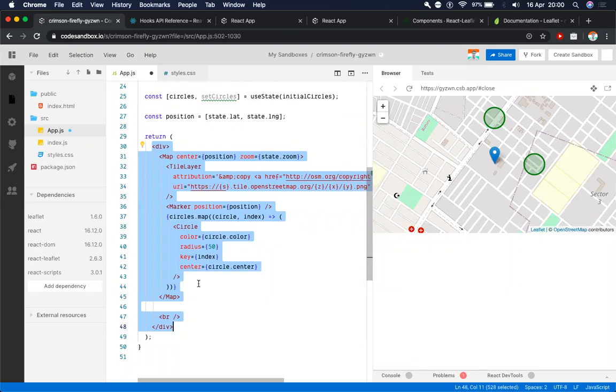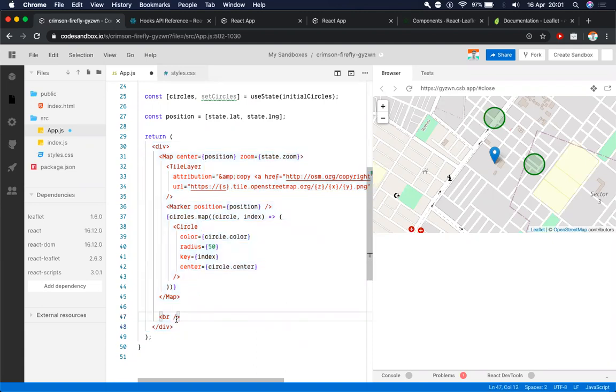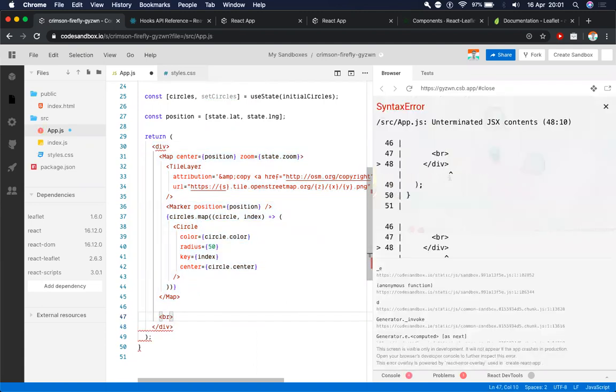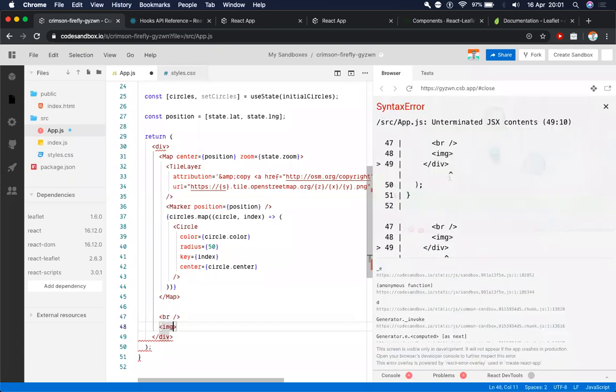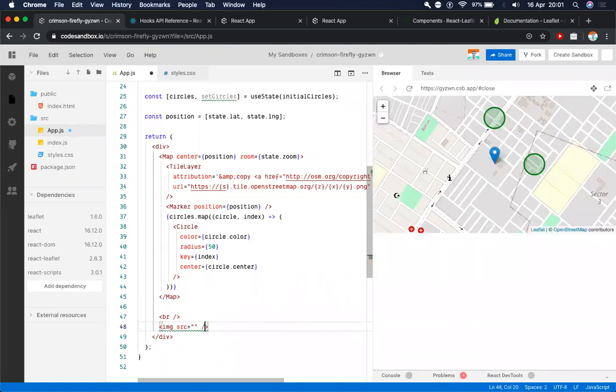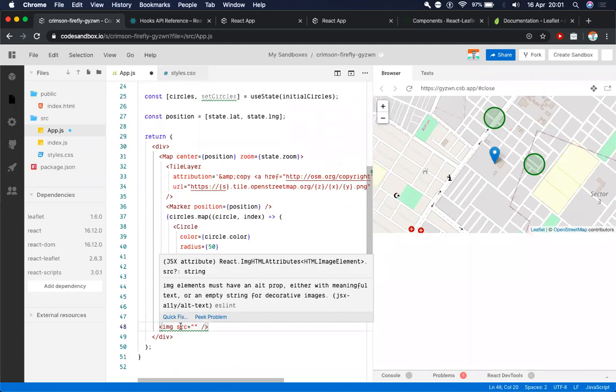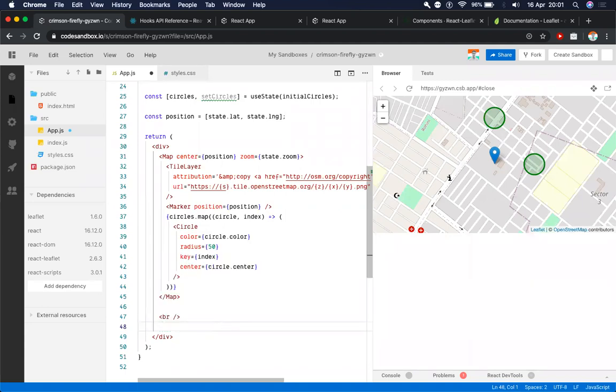And that HTML has to follow the XML syntax. What XML syntax basically means is we can't have any unclosed tags. So if I don't terminate my BR tag here, I'll get an error, unterminated JSX contents. The same works with images and other links. If I add an image tag here without closing it, with some source for example, then I will get the same error. So we need to close the tag itself. Right now this will give me some errors because it doesn't have alt, so I'll remove this for now.